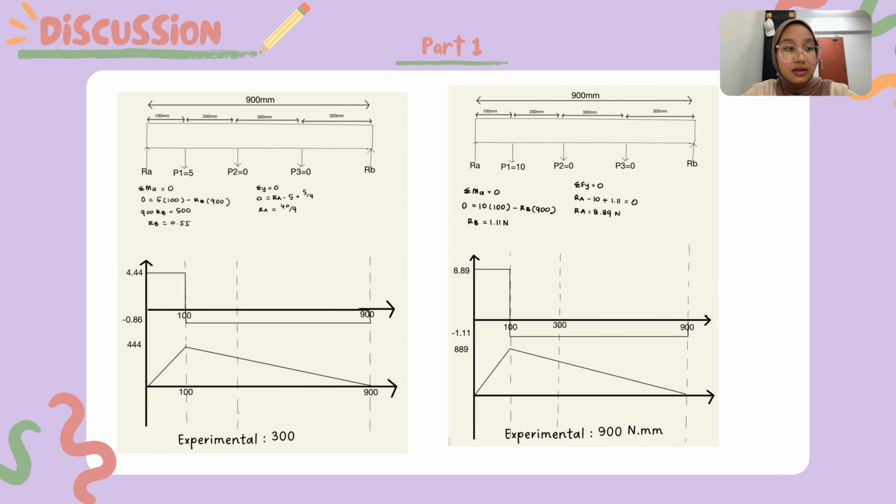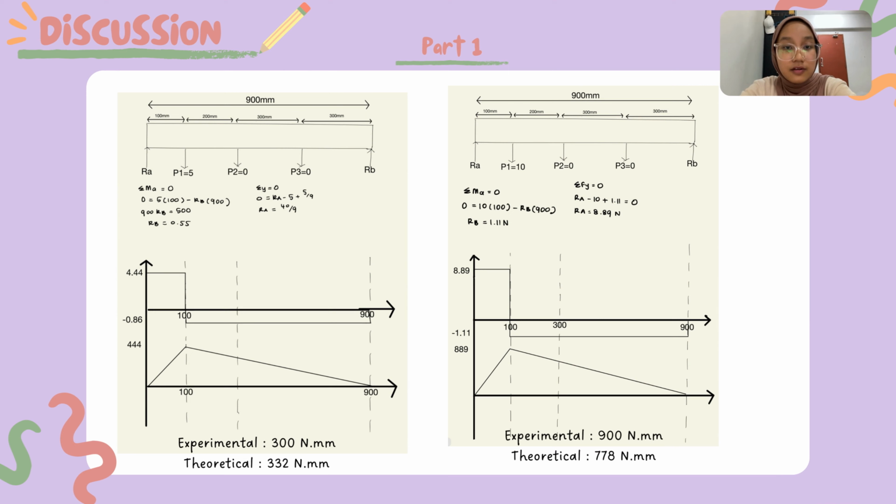For this slide, the first one is 5 Newton at P1. So to find RA and RB, for the first one we find RB using the formula sum of moments is equal to 0. So we got RB is 0.55. After that, we use total force in Y is 0. So we got RA is 40 per 9. After that, we got the experimental moment for this part is 300 millimeter, and then the theoretical is 332 Newton